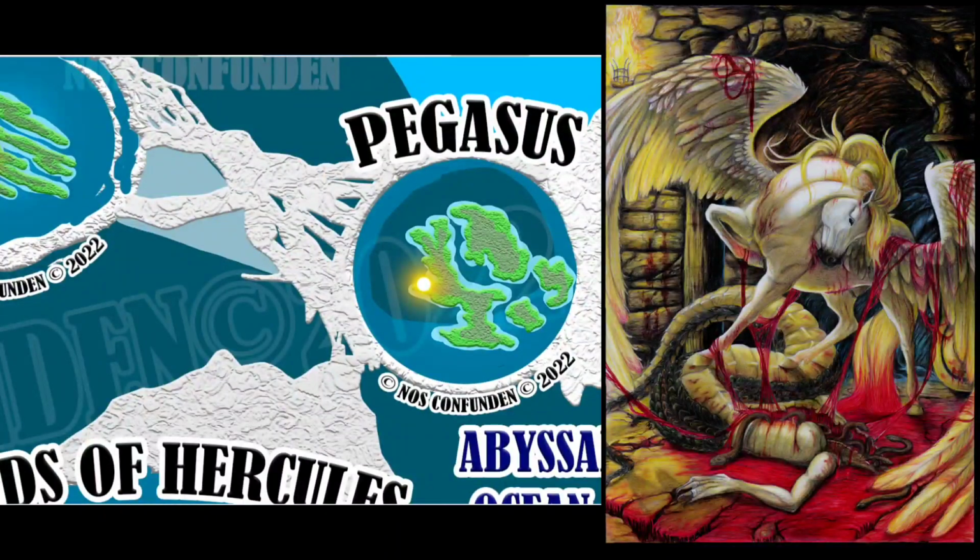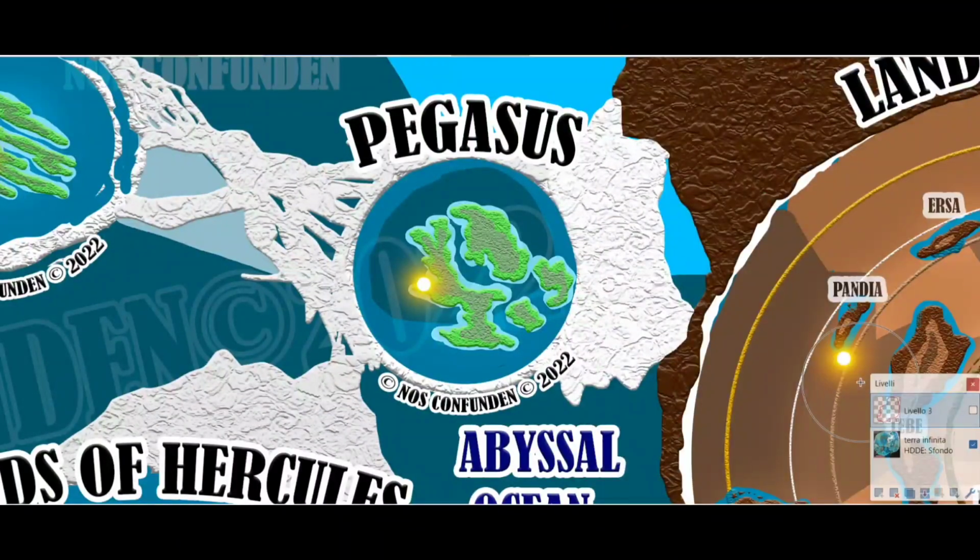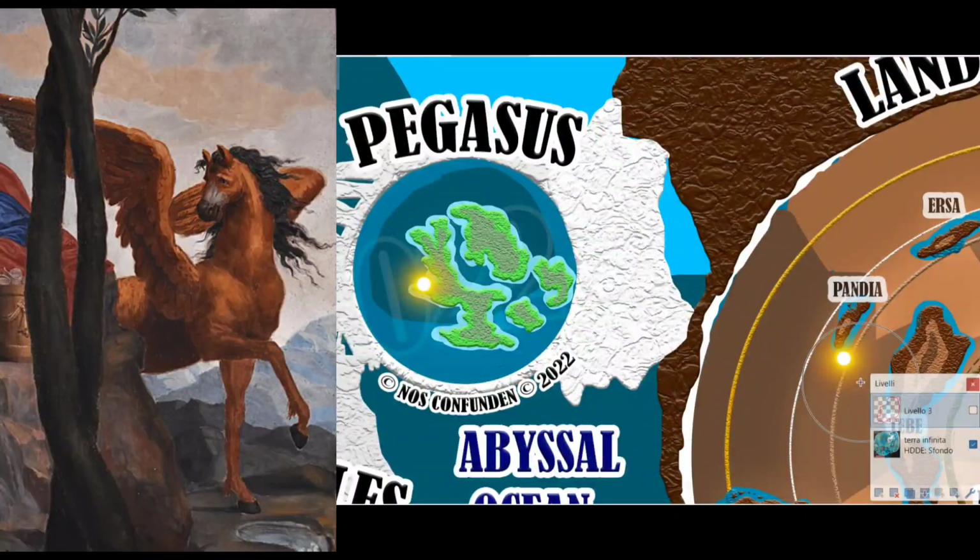So Pegasus was born from the blood of Medusa, which is the Gorgon, the creature that had a head full of serpents, and that would be able to petrify anything that met her eyesight. That is very well known in popular culture, honestly, at this point, so I probably don't even have to explain it, but if you didn't know, that was what it does. And Pegasus was literally born of the blood that came out of Medusa after it was cut off by the Greek hero Perseus. And Pegasus became a winged horse capable of flight.